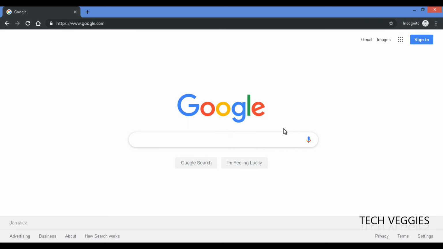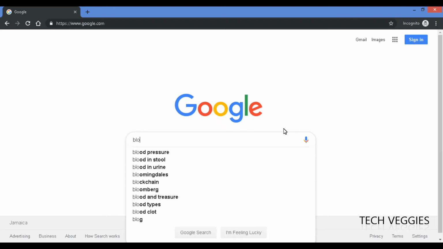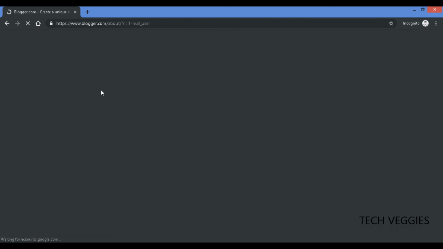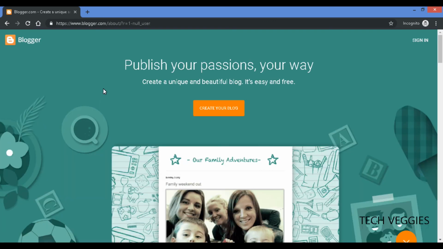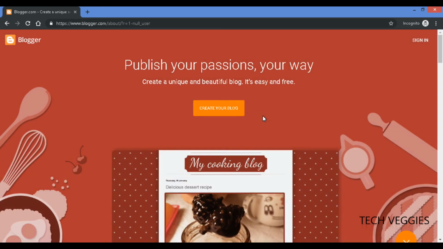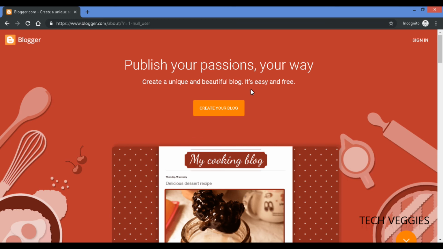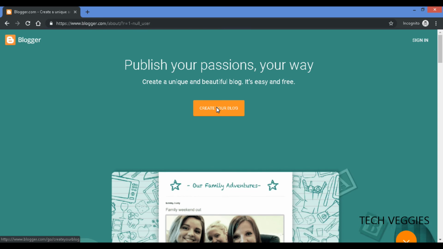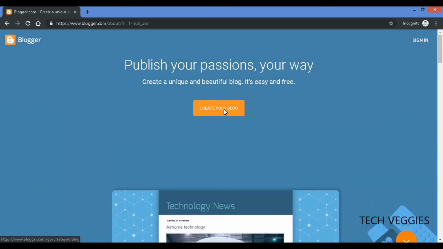Alright, so in getting started with our blog, we're going to go to blogger.com, and we're going to click on the main link here, blogger.com, and of course this is the web page that you will see displayed. So you have two options. We can either sign in or we can create a new blog. It doesn't matter if you're doing this for the first time, any option will get you there. So we're going to click on create your blog,